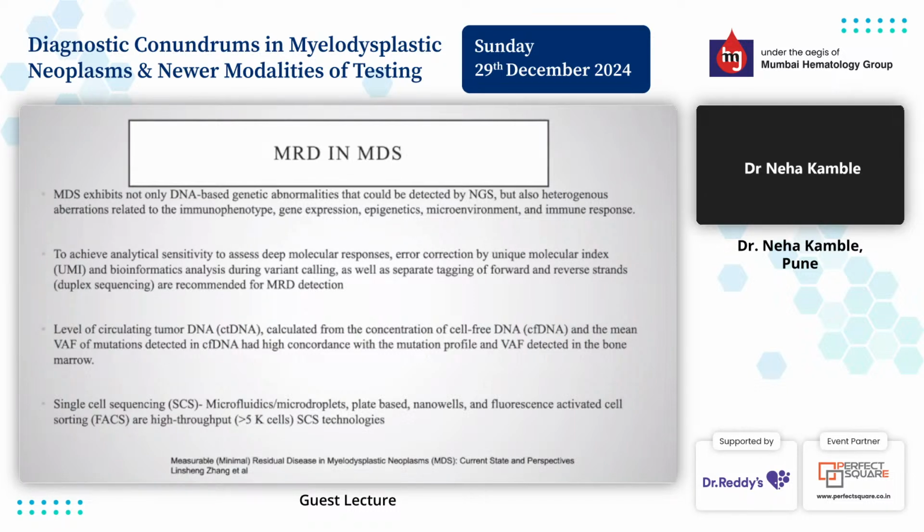So quite a lot of newer tests are trying to pick up MDS, or trying to indicate the presence of MDS in the marrow, on peripheral blood to avoid the invasiveness of the procedure, which is a tricky thing to do, because it's quite difficult when you have profound cytopenias, leukopenias. It becomes a bit difficult, but it's fine if the tests develop a high sensitivity and specificity. The VAF needs to be worked on, standardized, and validated for these tests to be routinely used. Single cell sequencing is one of the platforms, with microfluidics, microdroplets, plate-based nanowells, fluorescence,